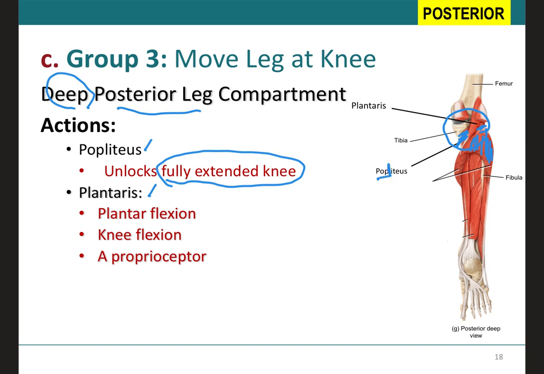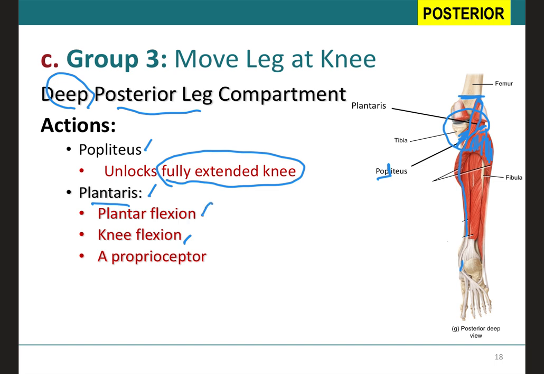The other muscle is what we call the plantaris, which is a very thin muscle. It starts over here and it continues. So this is your muscle and this is the tendon of the plantaris, and it goes all the way down to your plantar. That's why it's called plantaris. And because it does cross the knee joint, notice how it starts up here on the femur, it will do a little bit of a knee flexion. And because it also crosses the ankle joint, it will do a little bit of a plantar flexion,